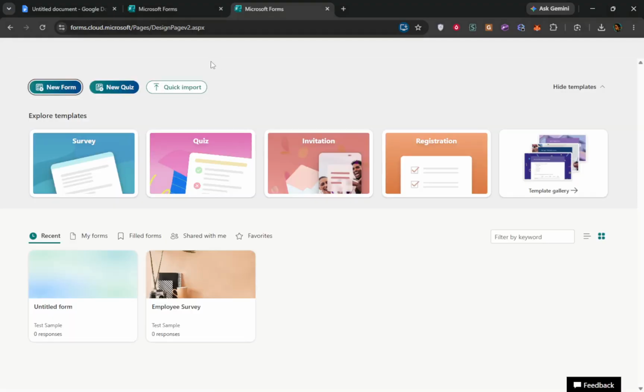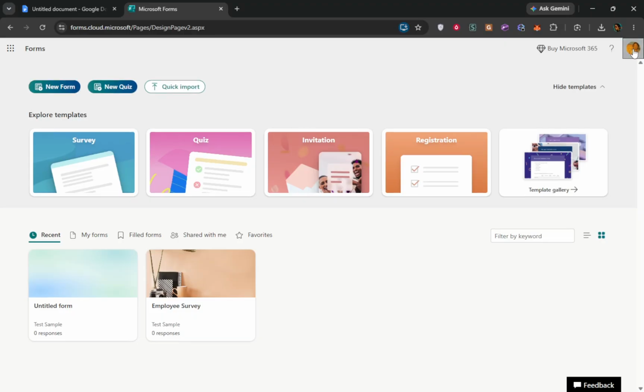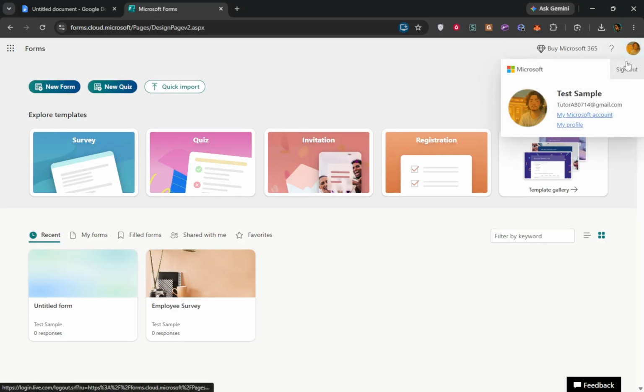This page also explains which accounts can be used, so you can confirm that your account type is supported before you continue. Next, sign in with your account. You can use a personal Microsoft account such as Outlook.com, Hotmail, or Live, a Microsoft 365 work account, or a Microsoft 365 school account. Type your email address, then your password, and proceed through any security checks that appear.